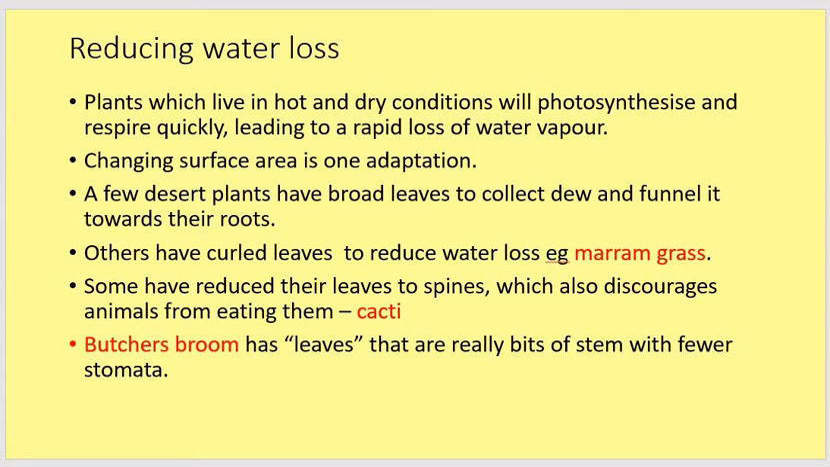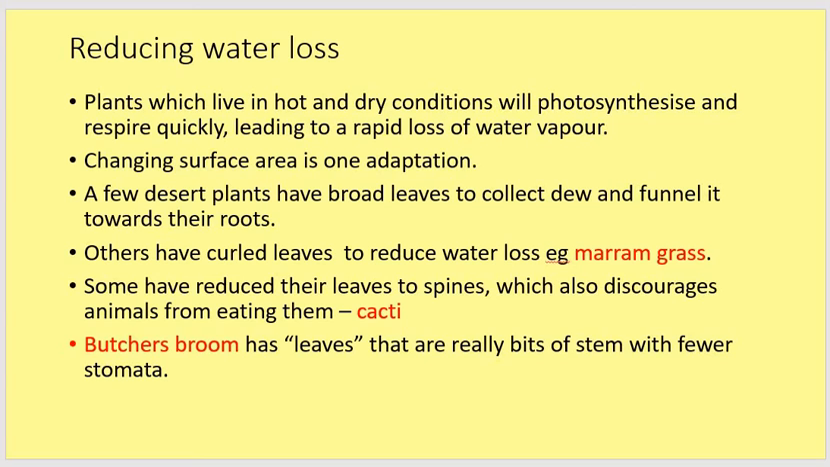So one thing they can do is to change their surface area. They can have broad leaves that act like a funnel to collect dew in the morning, send it towards the roots so that the plants get more water than they would do otherwise. They could have curled leaves to reduce water loss, and they can have leaves that have been reduced to spines. That also stops animals eating them, and an animal biting into a plant will leave a surface exposed where more water can be lost. So it's undesirable